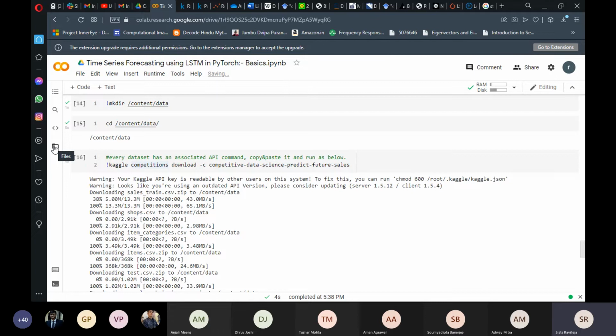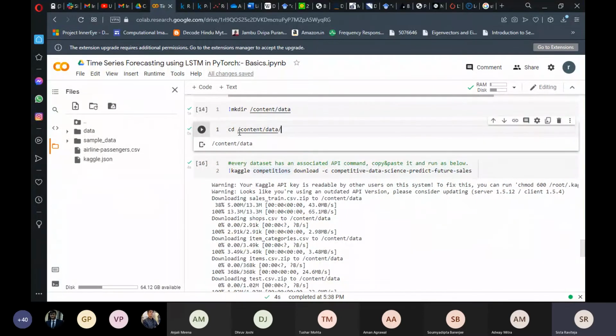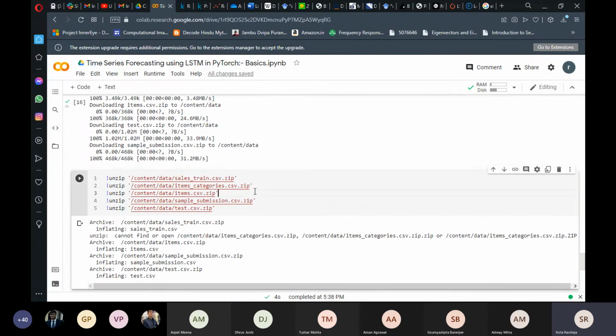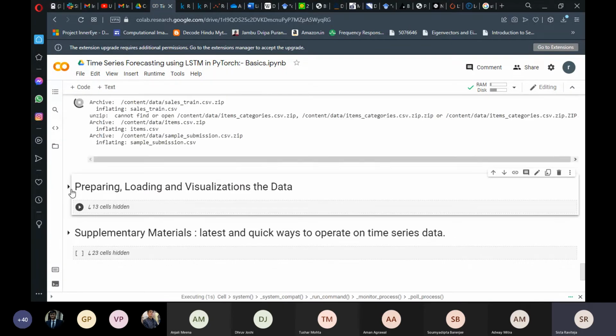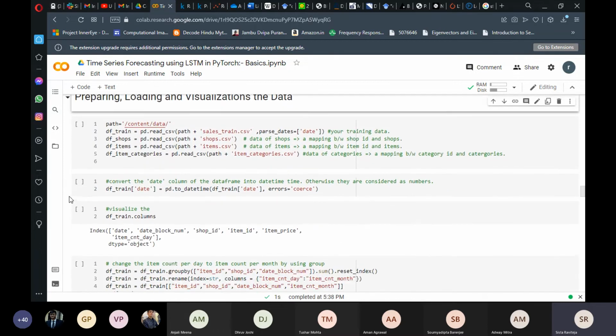That is one thing. The second thing is to remember, whenever you're downloading very large data sets from Kaggle, to put them in one particular folder. Otherwise they'll be downloaded over here and it makes it a bit clumsy to handle when you're doing large projects. After that, you just have to unzip what you have downloaded, and then we'll come back to the data dealing part of it.